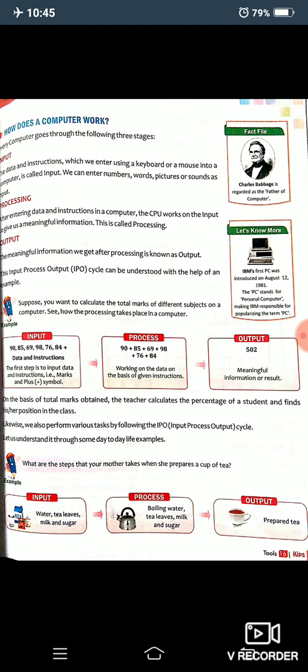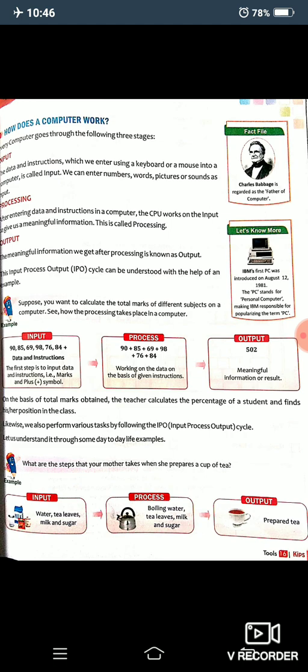Okay, so whenever a computer system performs any task, first it takes input, means whatever instructions or data we enter in computer is called input. After that, taking the input from the user, it processes the data and instructions. Okay, for example, if you have entered any numbers for addition, so that is your input and addition is your instruction.